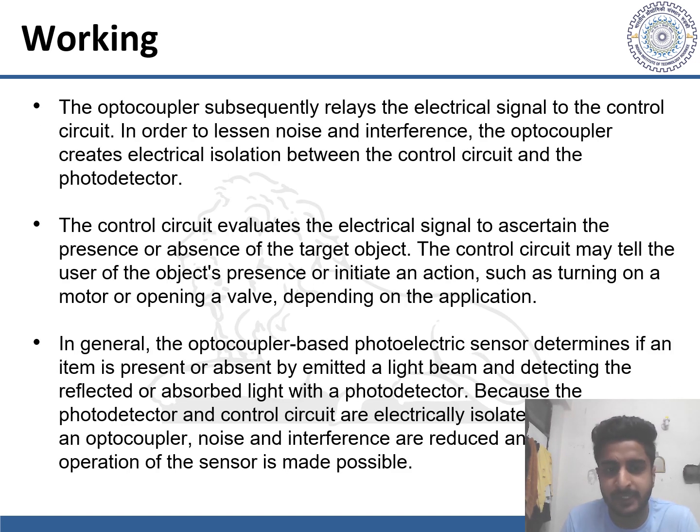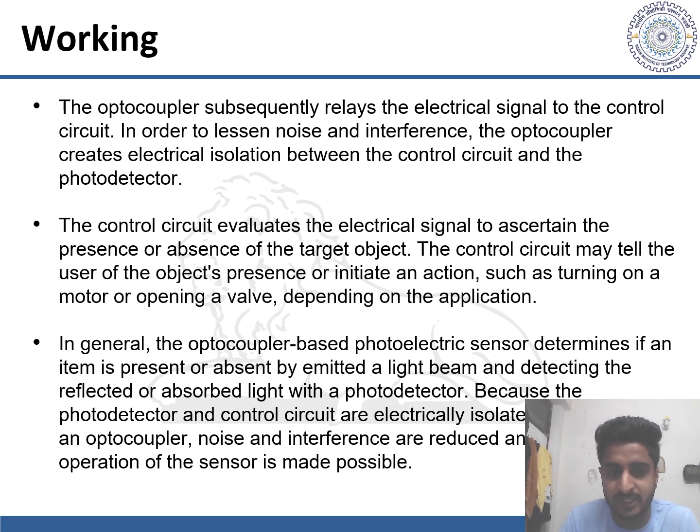And now the optocoupler subsequently relays the electrical signal to the control circuit. Also, in order to lessen noise and interference of the environment conditions around us, the optocoupler creates electrical isolation between the control circuit and the photodetector. And the control circuit evaluates the electrical signal to ascertain the presence or absence of the target object, so as